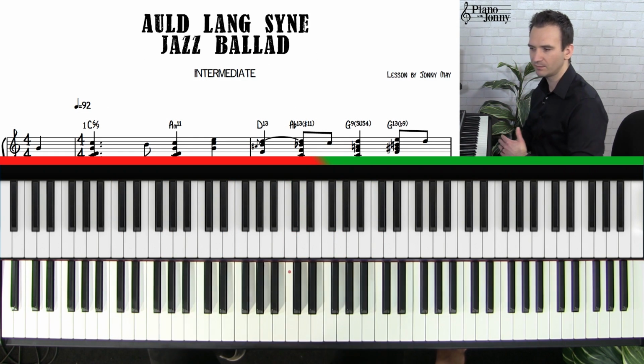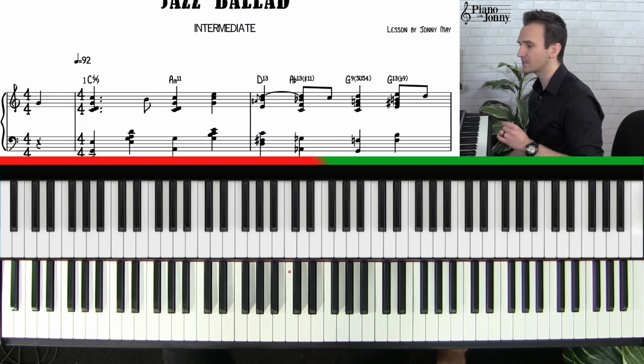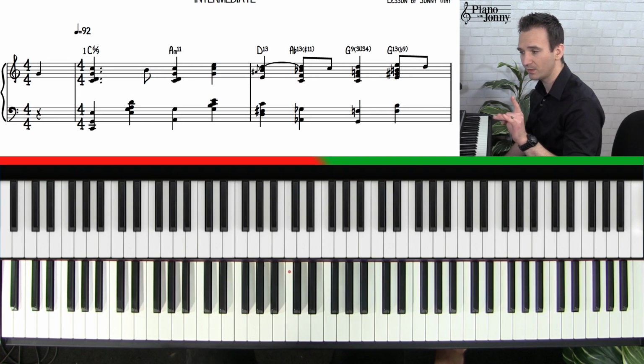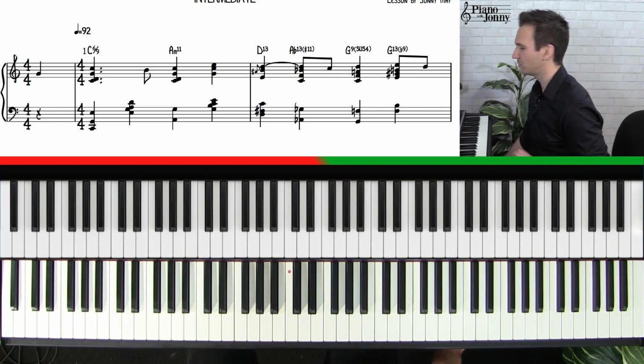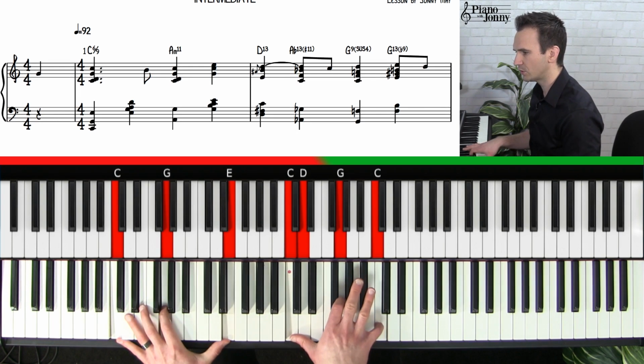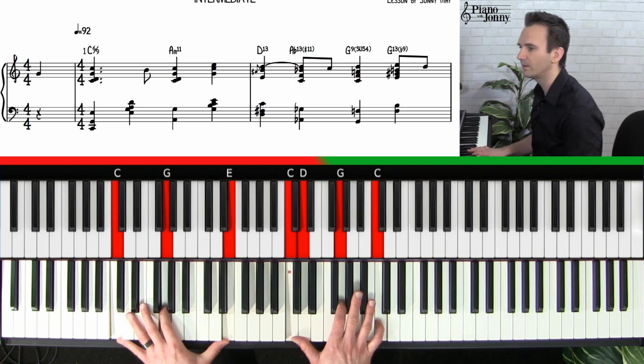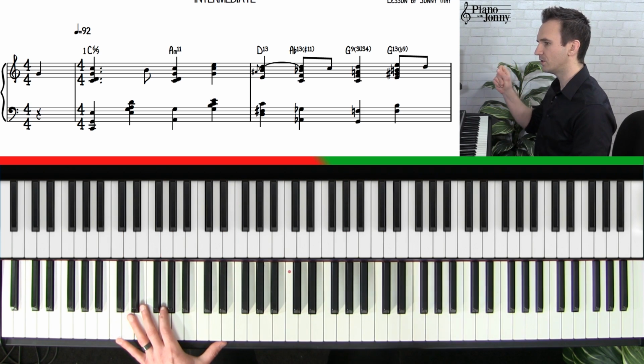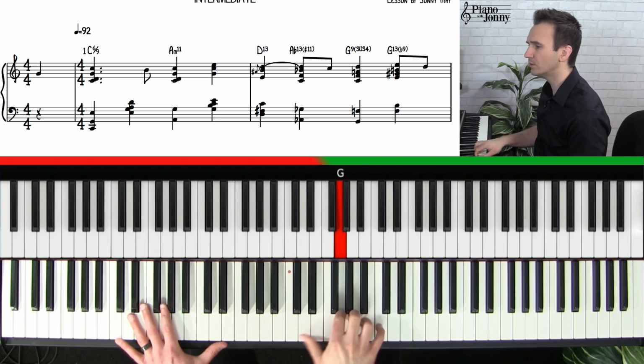I walked you through the melody. We talked about the chords. We talked about all of these notes that you can add to the chords to make it sound beautiful. What we're going to do next is kick it up a little bit. I'm not going to go full tempo, but I want you to try playing along with me and just do your best. Here we go, guys. I'm going to count you off. First chord, here we go. Here it is. 1, 2, 3,